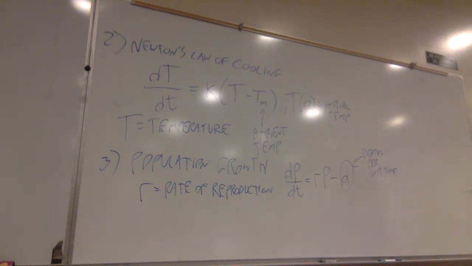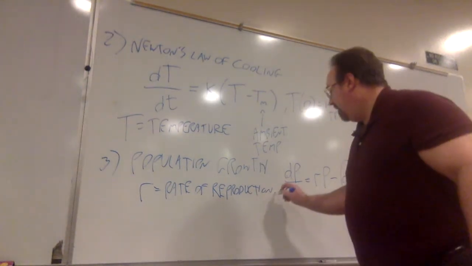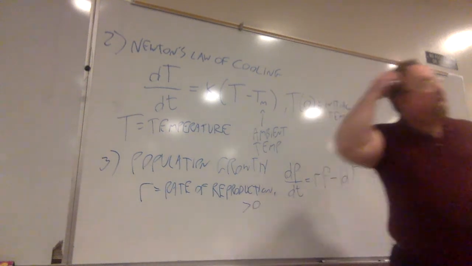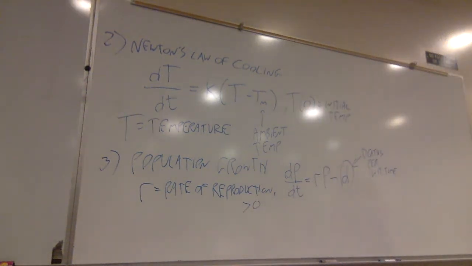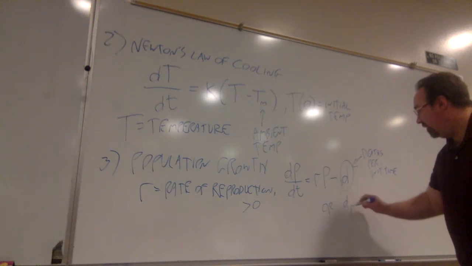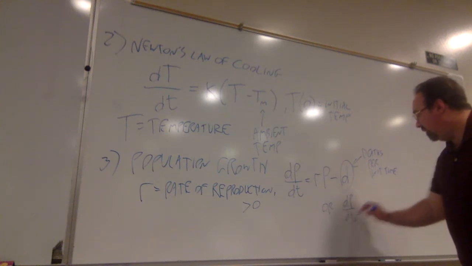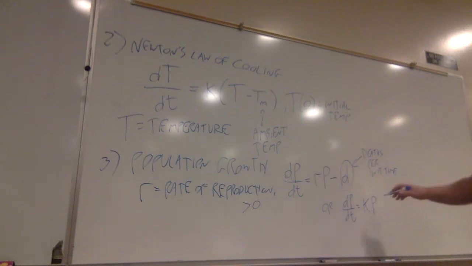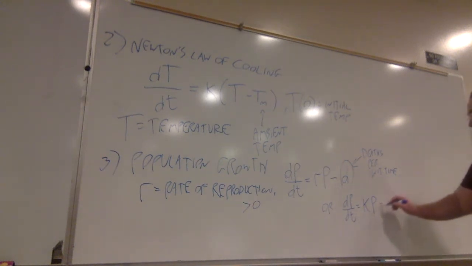Now, in this case, rate of reproduction naturally would be positive. Now, suppose I ignore the deaths per unit with this constant term d here. So in fact, I'll write down an alternative population model, where we just have a constant times the population, where a constant k comes from, I'll write as a difference